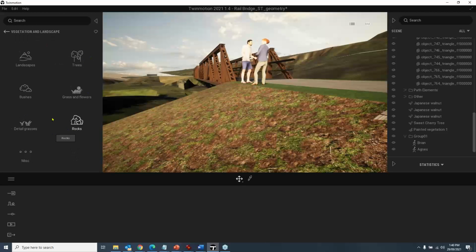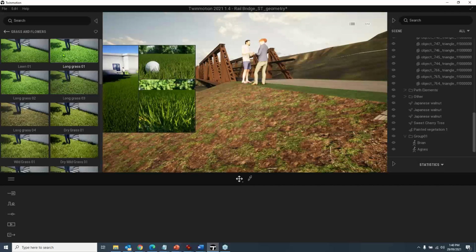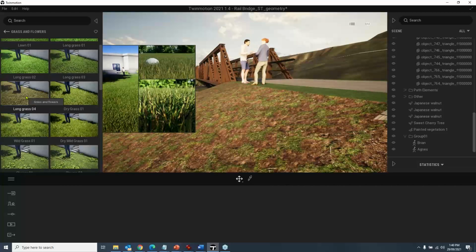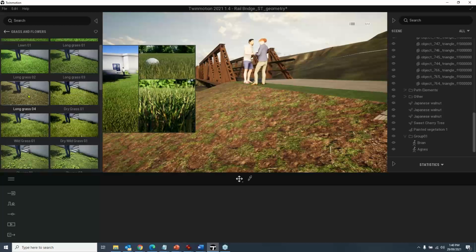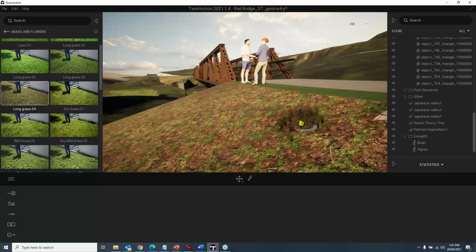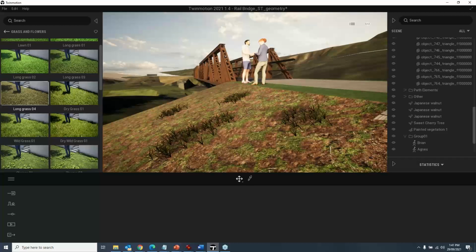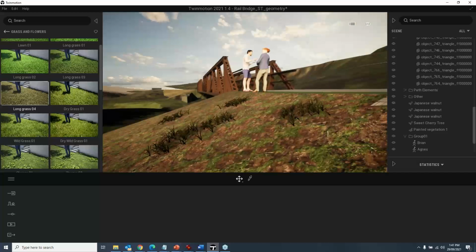On vegetation, as well as trees, I've got a bunch of other options, one of which is grasses and flowers. So you've got lawns and everything else here. You also have different versions of long grass and dry wild grass, etc. So I'll just click on, say, long grass. And what I could do here is manually scatter a few of these around the place, which looks reasonable enough, but it takes a lot of clicking